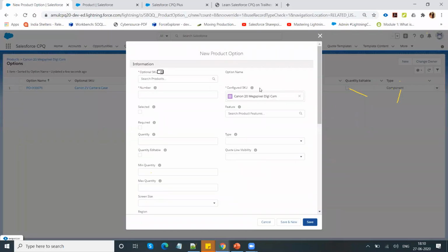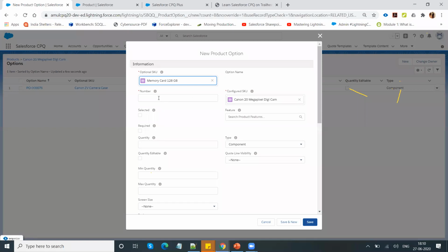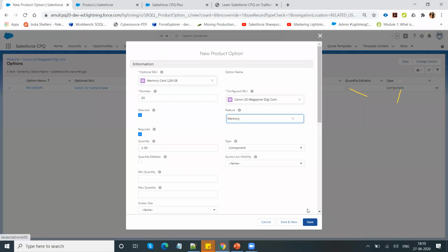Let me create another option. Memory card 128 GB. This is the sequence number 20. Selected, required. I cannot change. Again one, and feature called memory. Click on save.